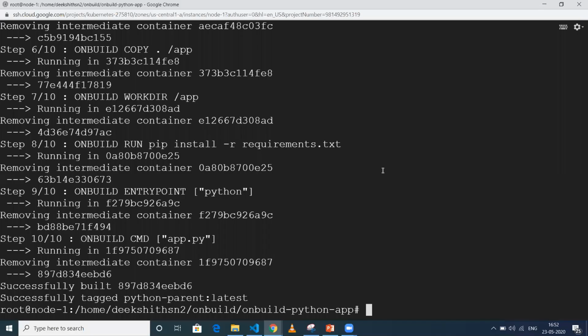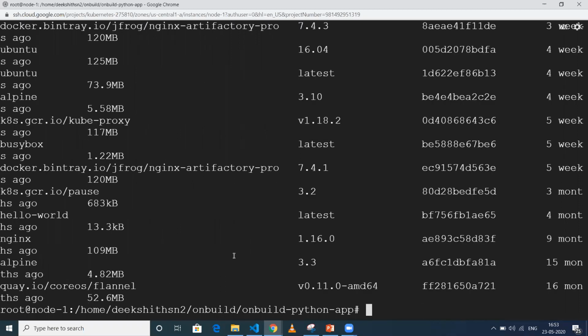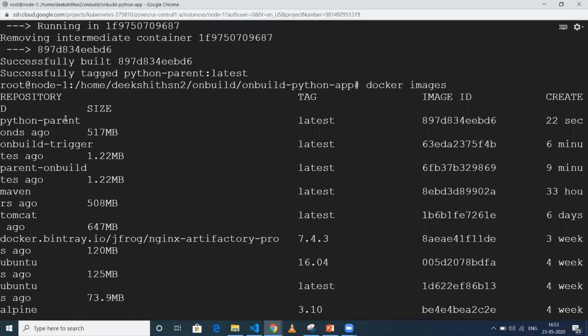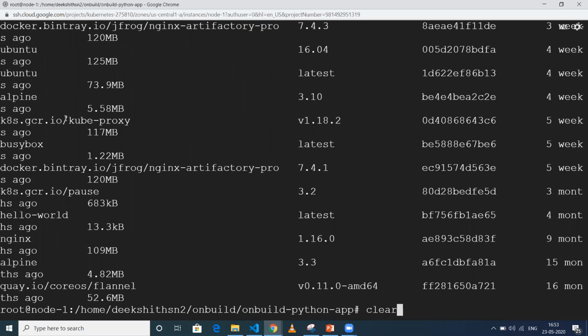Okay. Now let's go ahead and see if our image is successful. When I do docker images, I should be able to see it. So yes, it is there, python-parent. Okay. Now let me clear my screen.